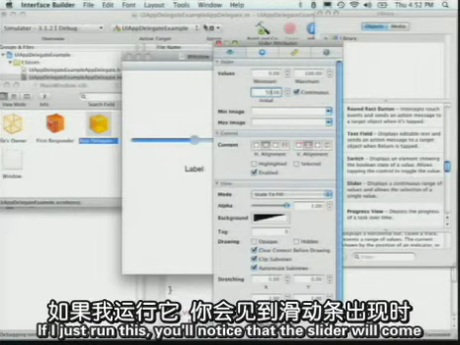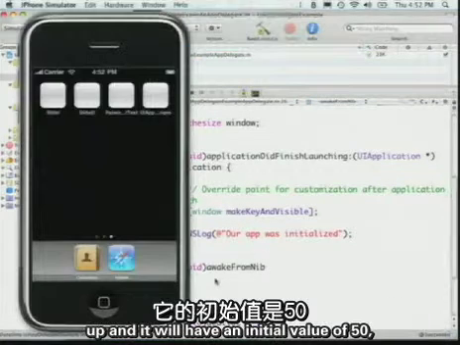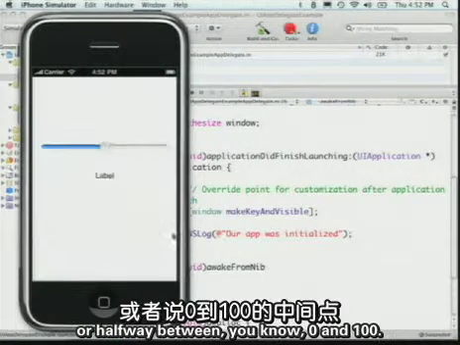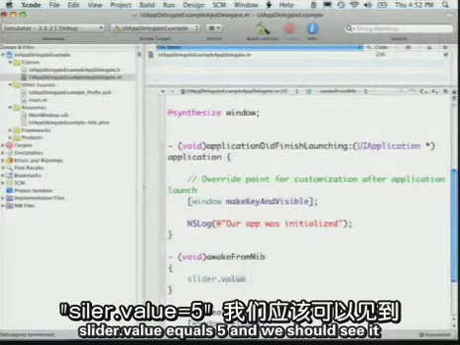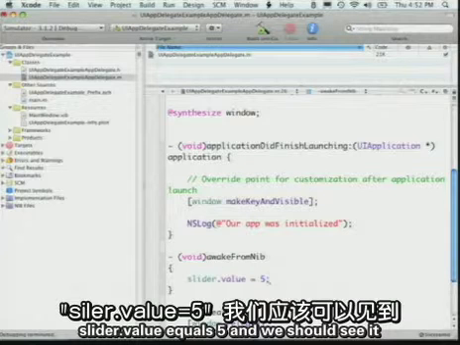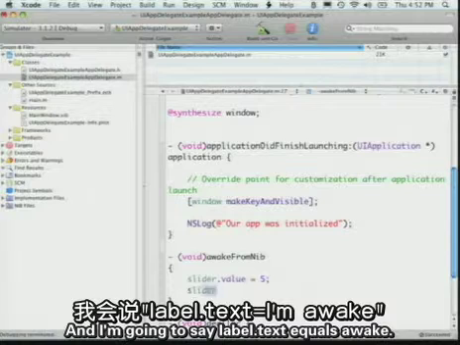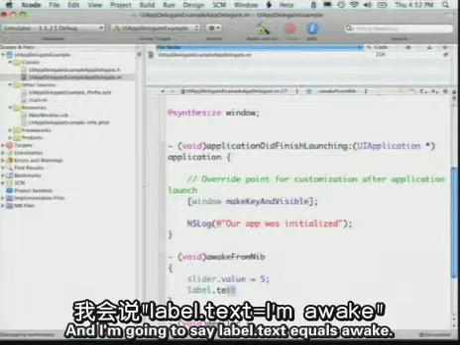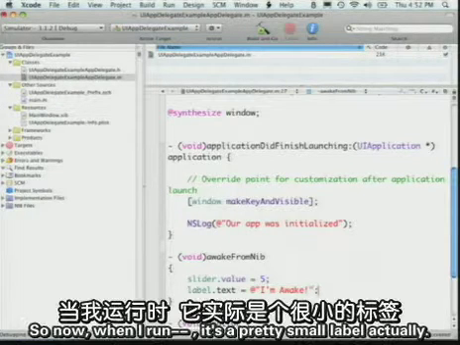Okay. If I just run this, you'll notice that the slider will come up and it'll have an initial value of 50, or halfway between 0 and 100. But in my awakeFromNib, I'm going to say slider.value equals 5, and we should see it about 1/20th of the way through. And I'm going to say label.text equals awake. So now when I run,